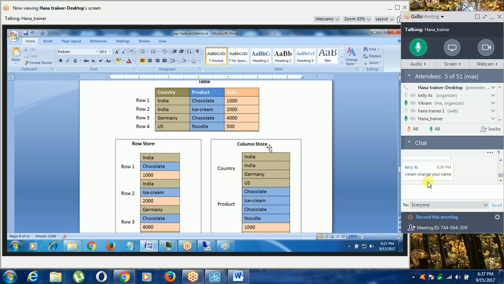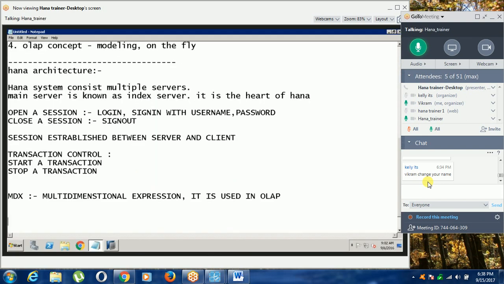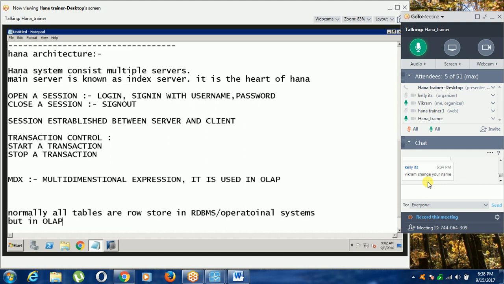Do you have any idea about row store and column store? No, no. Actually, normally all tables are row store in RDBMS, which means operational systems. But in OLAP,